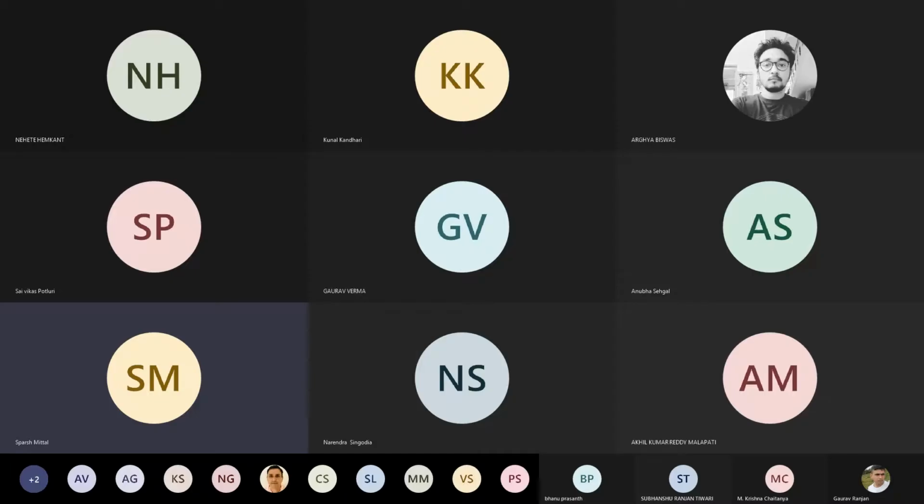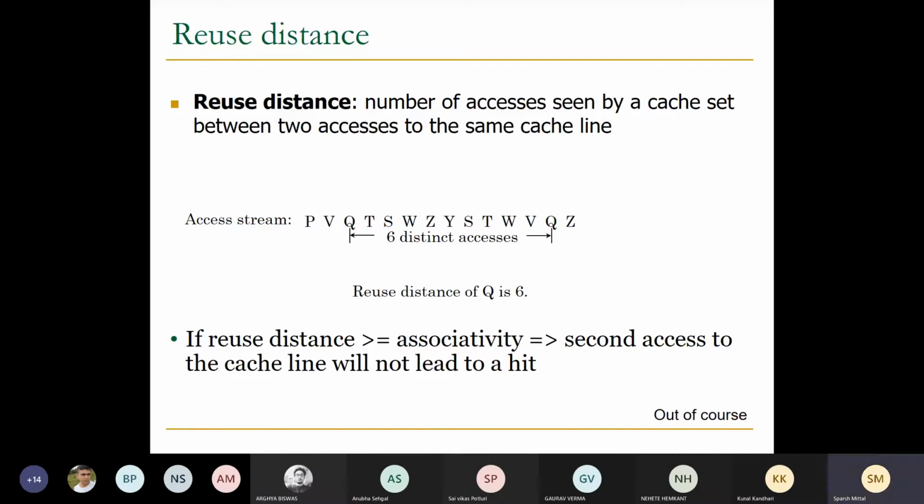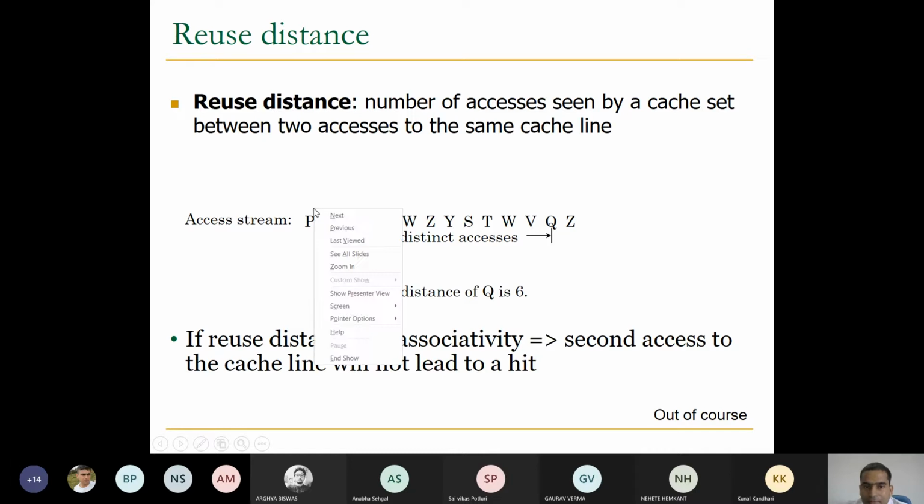We'll define a term which is called reuse distance. So the reuse distance is the number of accesses seen by a cache set between two accesses to the same cache line. So for example, here, if we have this access stream coming to a particular cache set, so between